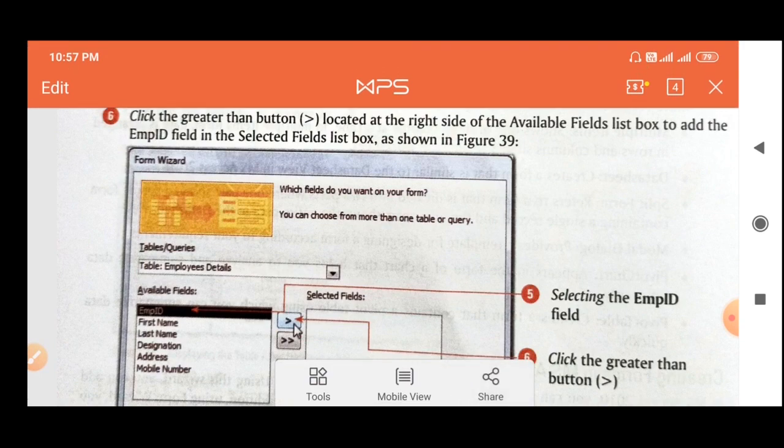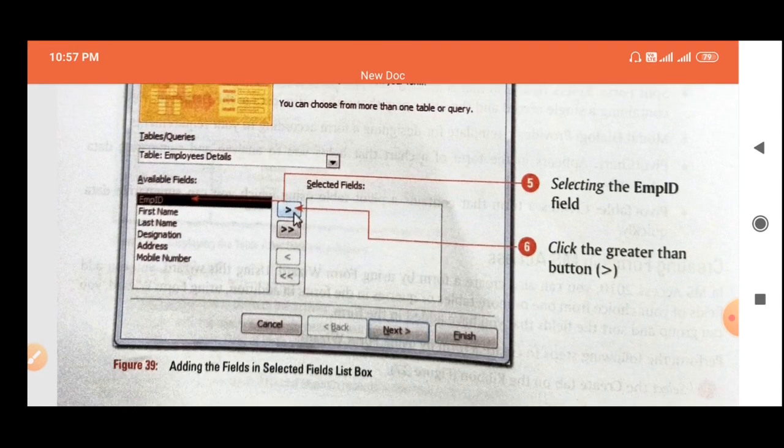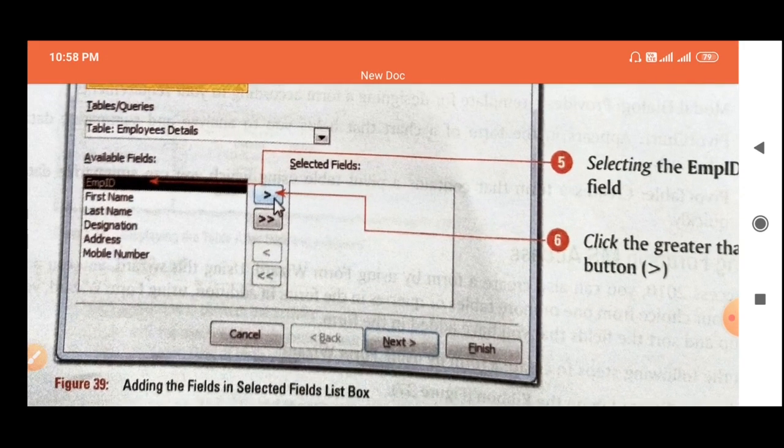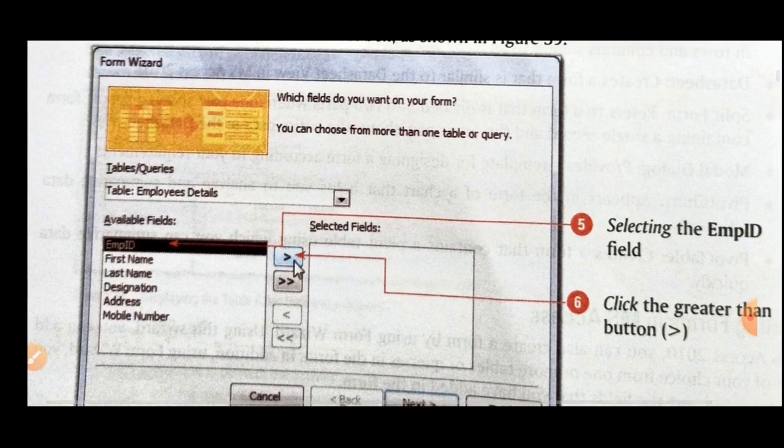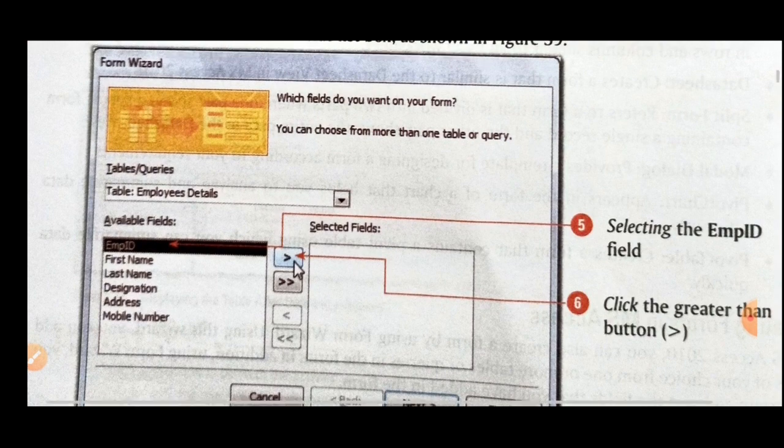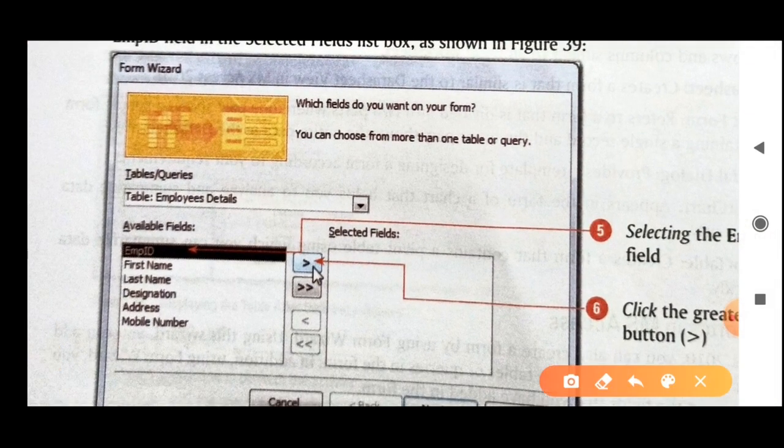Now moving forward, as in this diagram, which is more elaborate, this is the employee detail table that you selected here, and in this section you will have all the attributes like employee ID, first name, last name, designation, address, phone number, and the email.